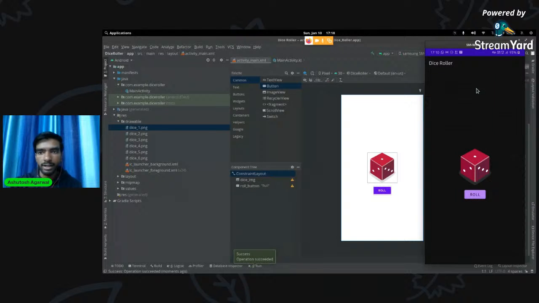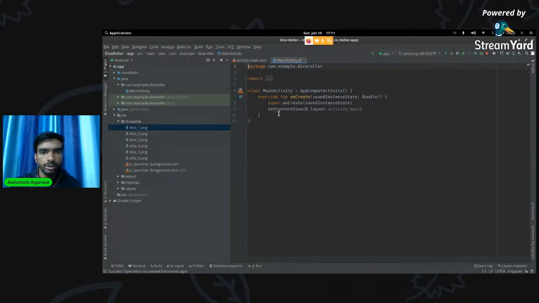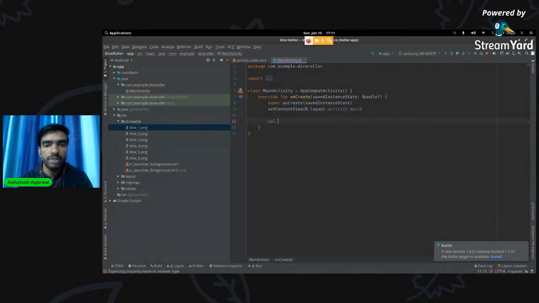So our application is up and running, but when we click on role, nothing happens. So we need to add some functionality to it. But as you can see, our app is running perfectly fine. So let's add functionality to the role button. To do that, we need to go to MainActivity.kt. Here we need to first get the reference of the button that we have used. So for the reference of the button, we need to create a variable called val